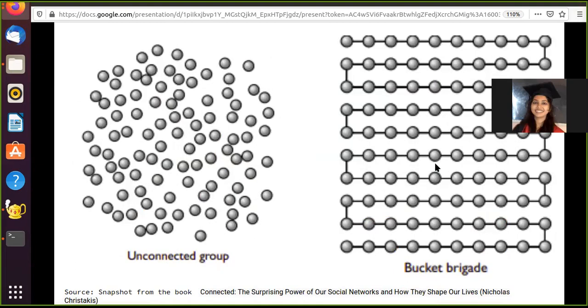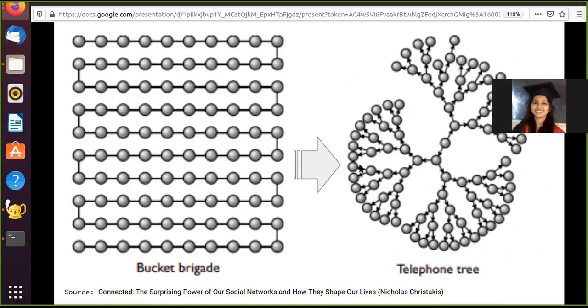So again, in this bucket brigade network, there were 100 people and there are 99 ties between these 100 people. We now again take these 100 people and these 99 ties which were there in the bucket brigade network and organize themselves as a figure which is shown to you on the right hand side. So this figure also has 100 people and 99 ties, but this network looks completely different, and now it performs an altogether different task. Now it can diffuse an information relatively quickly. So this node in the center passes this information to these three people, who pass this information to the next three people, so on and so forth.